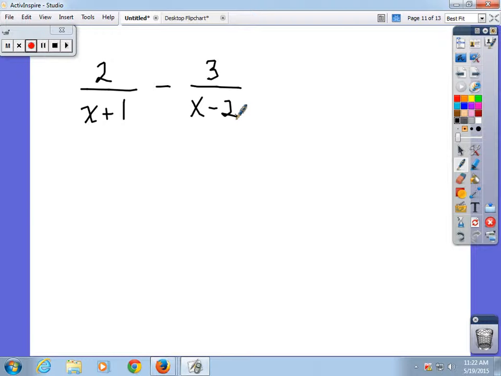Again, they have nothing in common, so you put them beside each other. Find the common denominator, or if you found the common denominator, then change the numerators. So the common denominator is x plus 1 times what? X plus